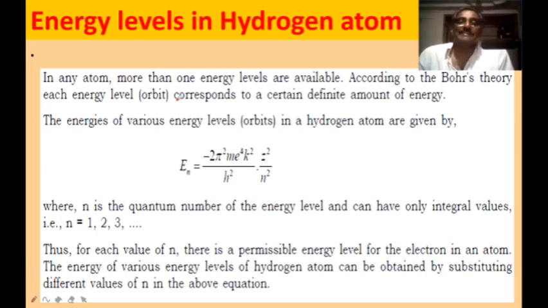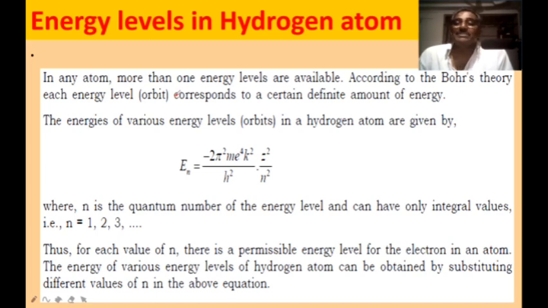The orbits exist, but the existence of an orbit is possible only when the electron enters that orbit. So they are imaginary circular paths around the nucleus which exist when the electron is present in that path only. And they are said to be the energy levels. Though hydrogen atom has a single electron, it has more than one energy level: the first energy level, second energy level, third energy level, and so on.